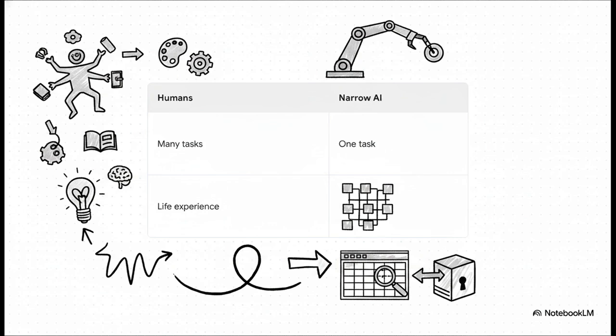We learn from messy, complex life experiences, we use deep emotions and raw creativity, and we adapt naturally to brand new situations. But on the right side, narrow AI performs just one task. It learns purely from structured data, it relies entirely on rigid algorithms and patterns, and it is highly limited the very second it steps outside its training. So it becomes incredibly clear that while AI relies strictly on data, human intelligence remains vastly broader, emotional, and uniquely adaptable.